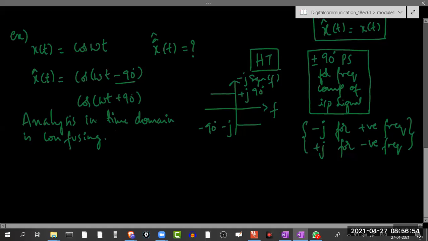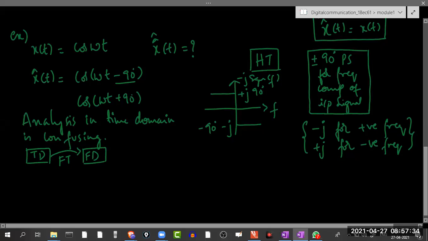So what should I do? In order to solve this, let's look at the same problem from another perspective. Because a problem cannot be solved by looking at a single perspective. If you are not finding a solution, you have to change the direction in which you are trying to visualize it. If that is not getting solved in time domain, then obviously we jump to the other domain, which is the frequency domain. And in order to jump from here to here, I am supposed to make use of Fourier transform.